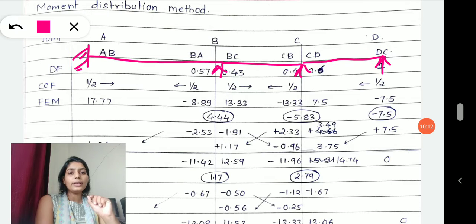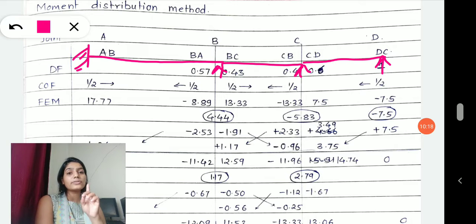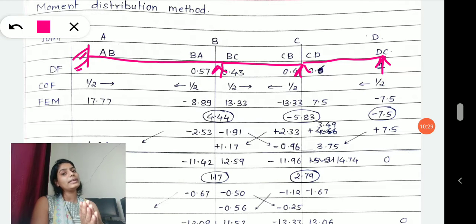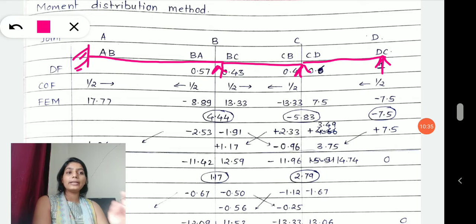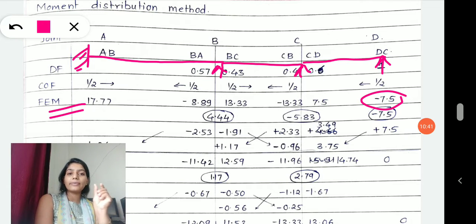Balancing that moment means what? At a simple support, roller support, or hinge support, you know that the support has to be free from moment. If you put a moment on that support, it means that you are fixing it, because a simple support allows rotation, and if there is rotation, there will not be development of moment. But if you are taking the moment as 7.5, you can see here, due to fixed end moment calculation, you come up with a certain value of moment there. But if you keep continuing it in your table, then it is wrong, because a simple support is always free from moment. Then how to make it free?